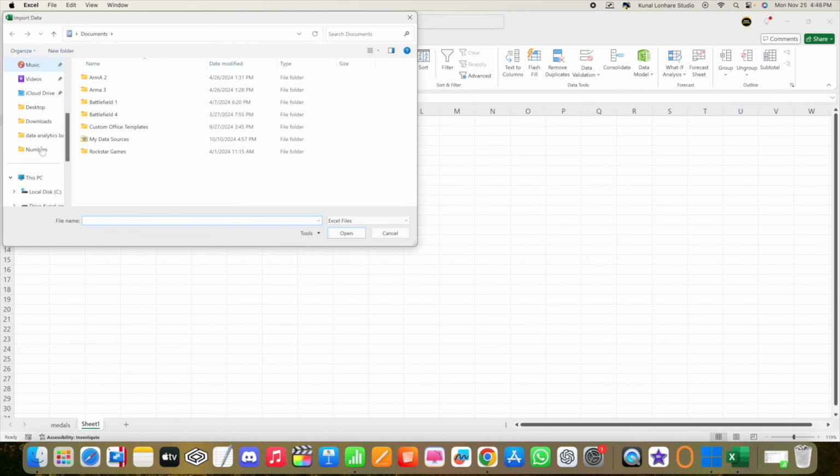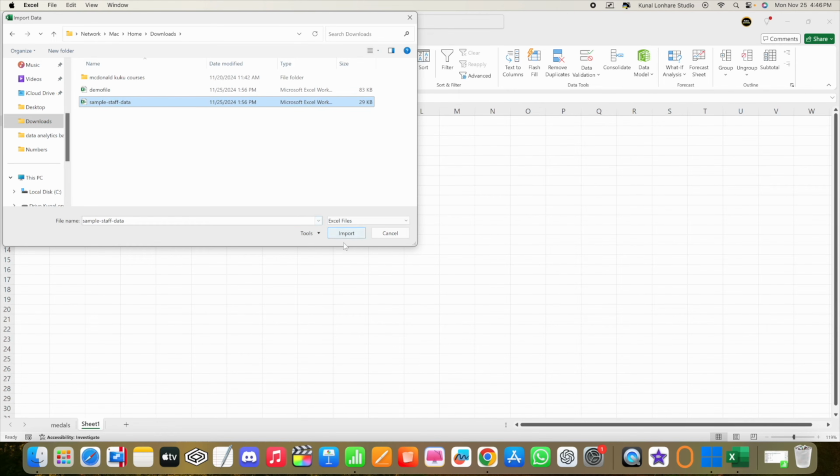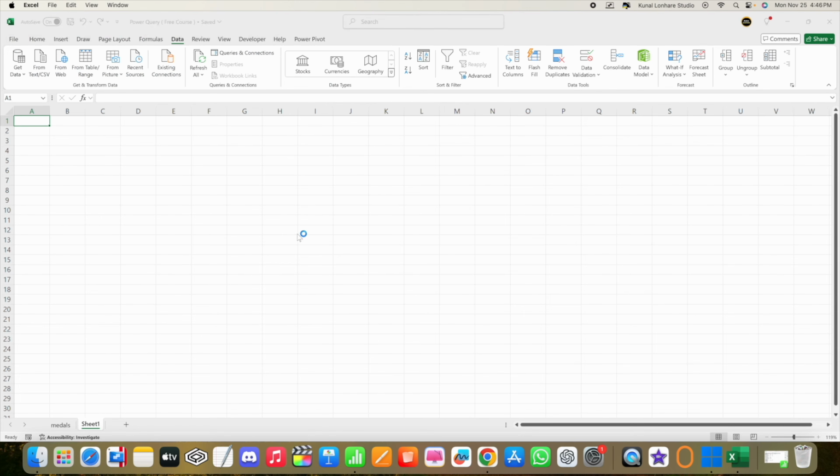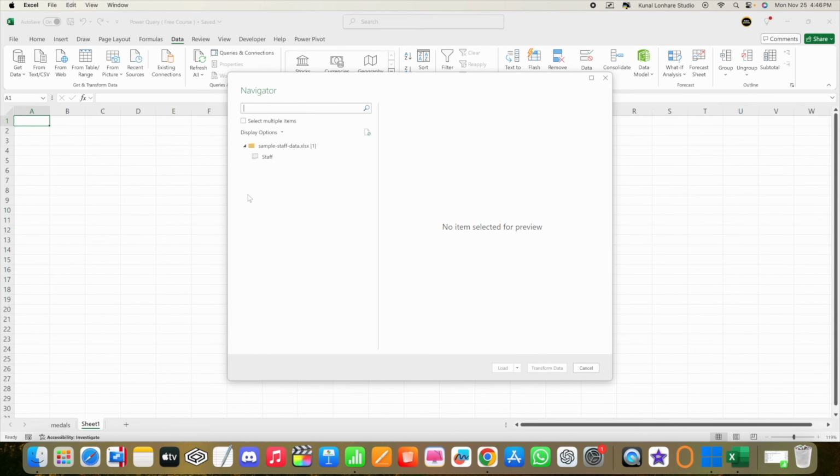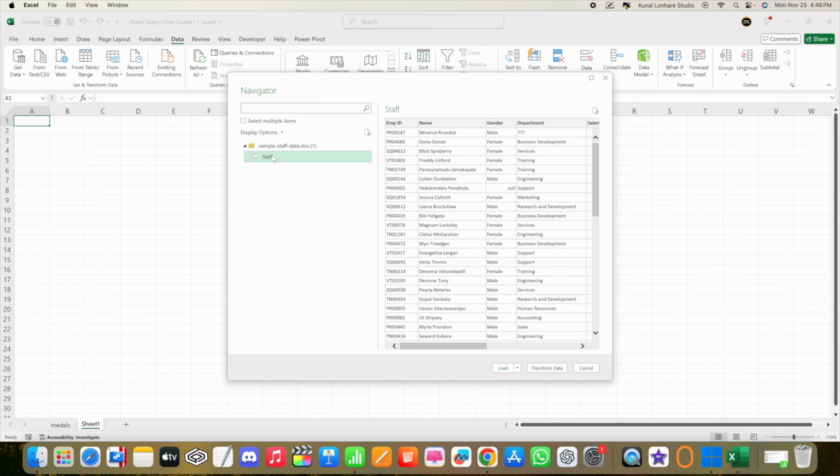Okay, I will go to the Downloads. This is the sample staff data. I will simply click on the Import button, and you will see that the data will be imported directly over here. And as mentioned, if you select Staff, you can see this is the data, right? So you can either load it or transform it. We want to clean the data. Okay, we want to transform and